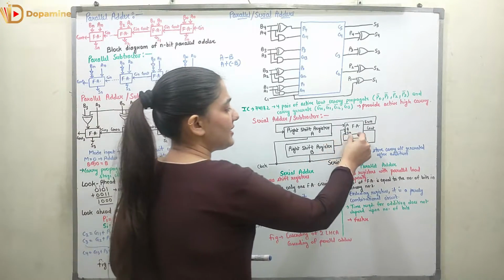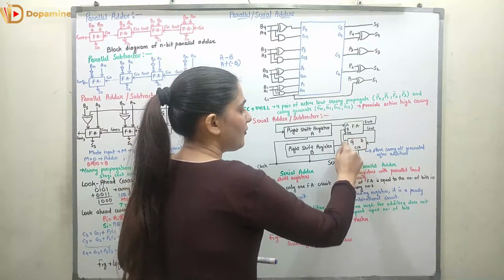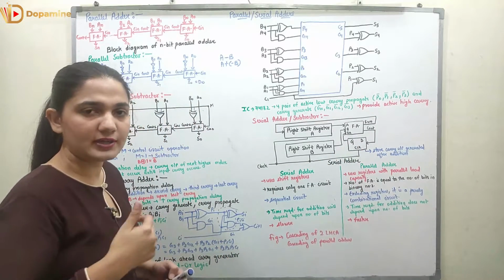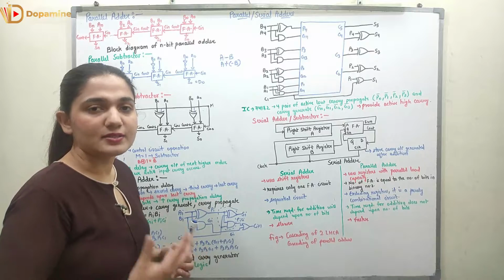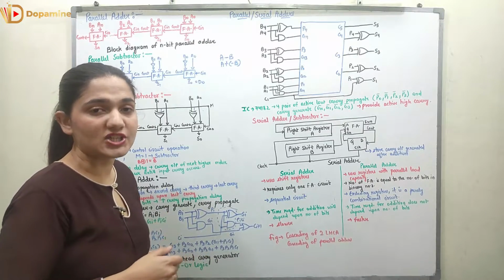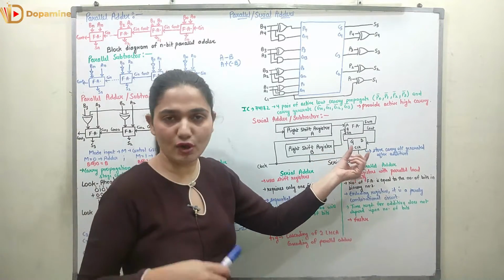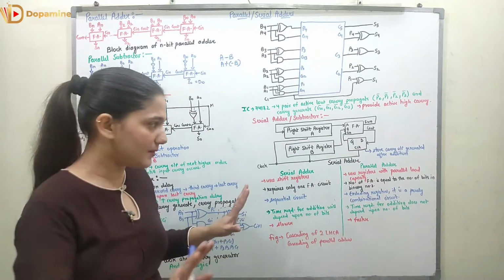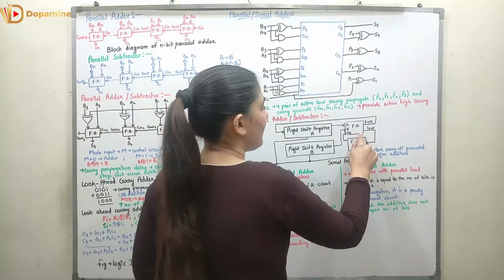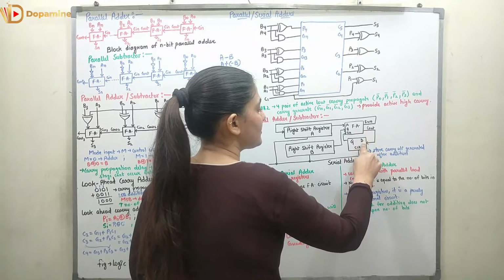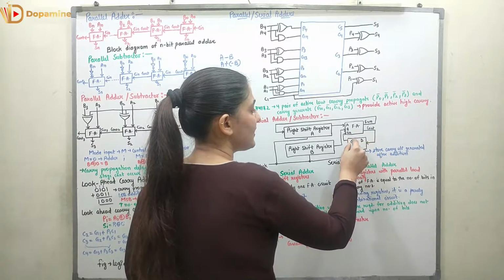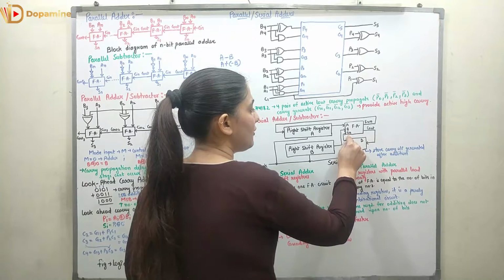So the carry is taken from the D flip-flop over here. What is a flip-flop? We are going to talk about it in the upcoming classes, where we will be talking about the sequential circuits, right? So D flip-flop, it's just a storage device. It will store the carry. You just remember this as of now. Right, so here we have the output carry which is generated over here. It is fed to the D flip-flop. It stores the carry and it is sending the carry over here.